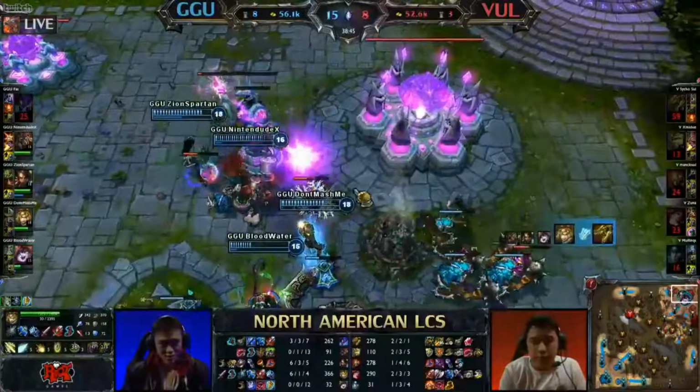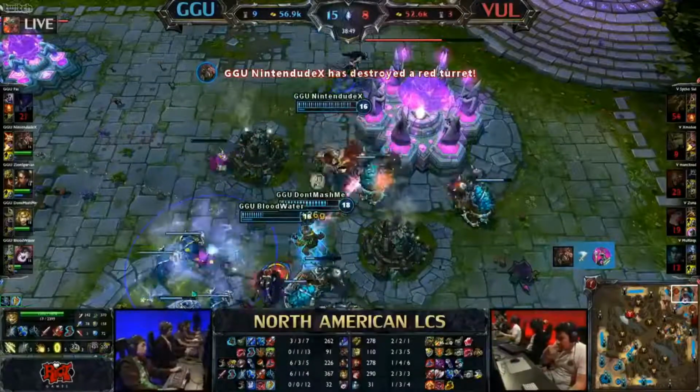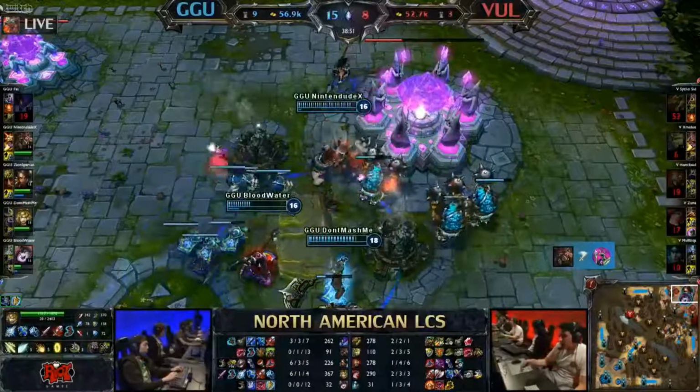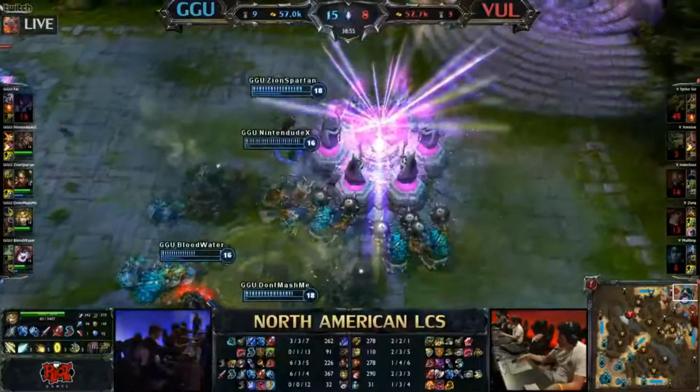Good game. University are going to look to find their first win here in the LCS. The next one is all it's going to be, and that's going to be theirs. And they did it with 2 really good subs. A new Bloodwater in, Zion Spartan in mid,